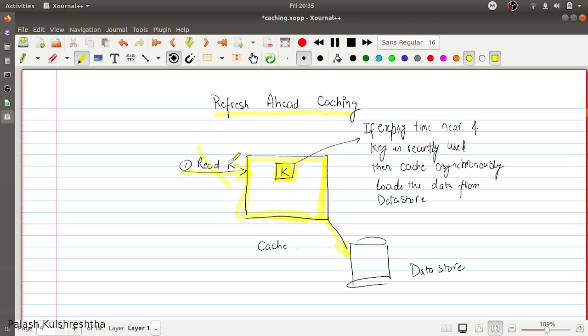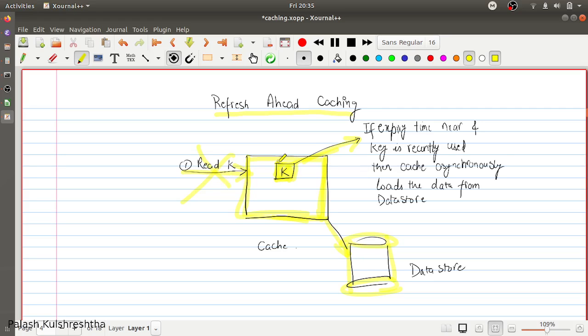For example, if there was no request for the key K, then also it can take a call to refresh the key from the database by asynchronously calling the database. It takes its decision of how much time this key has been used and how frequently has it been used, and it can also consider what is the last time it was used.